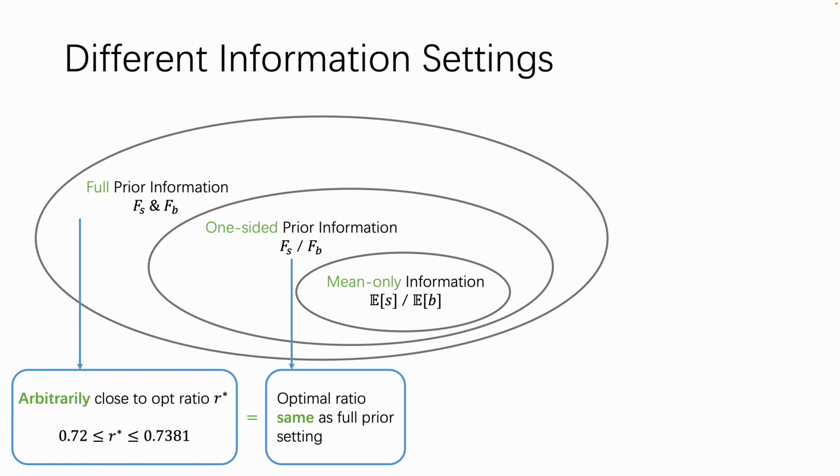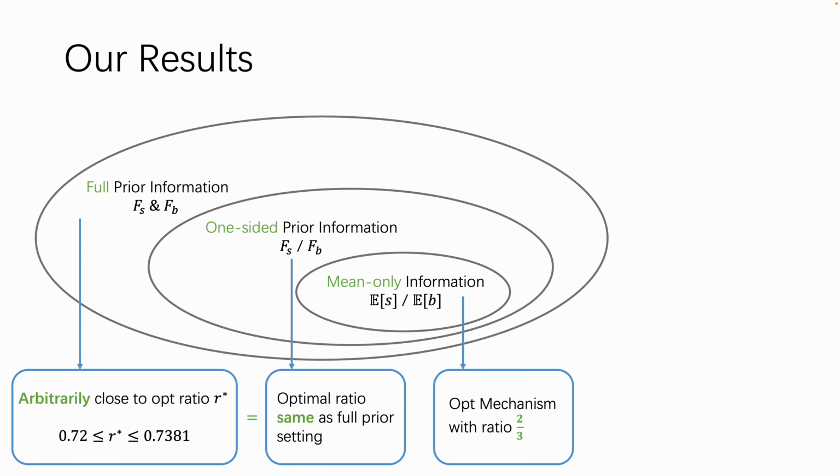We also consider a more limited setting where the mechanism only knows the mean of the seller or the buyer. This means that the mechanism only knows one number, that is, the mean of the buyer or the seller. One does not expect that a fixed price mechanism could have a good performance in such a minimal information setting. But it is really interesting that we find the optimal mechanism in such a setting, and the optimal mechanism is quite simple. It turns out that such a simple but optimal mechanism achieves an approximation ratio of 2/3.